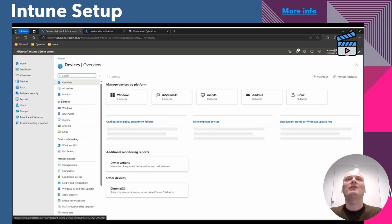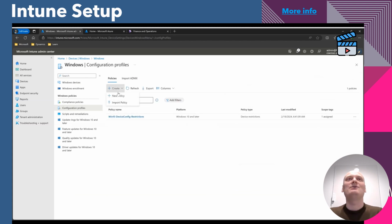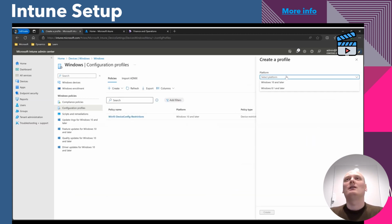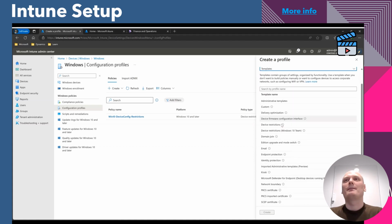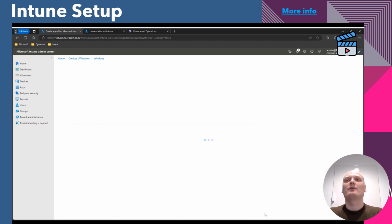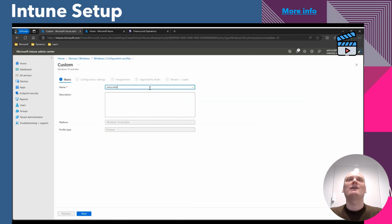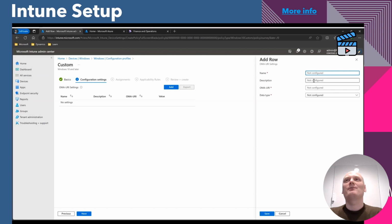You can see now we have two apps, and we need to do this for Windows. For Windows, it's slightly different. We need to create a new policy for Windows 10, and it should be a template policy. Selecting custom. Select custom policy. Provide some meaningful name here. Okay. Add a new configuration here. So let's put our name,